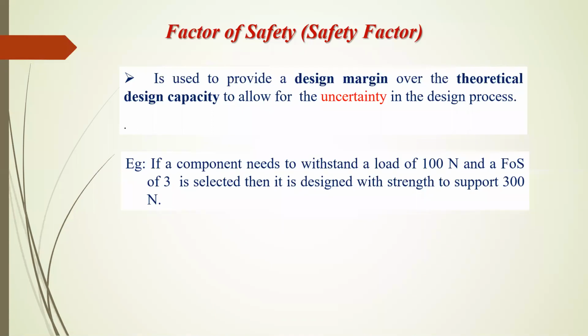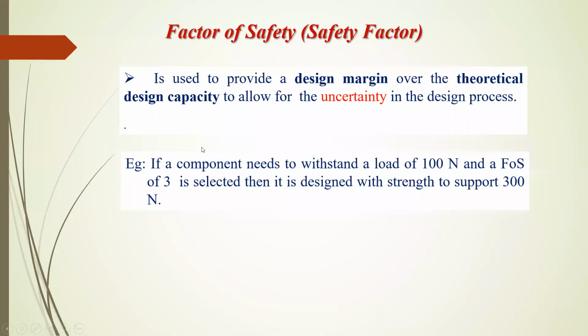Sometimes, according to the material, if the homogeneity of the material is not there, then we cannot predict the performance of that material. We cannot judge the accurate performance of that material. For that purpose we have to introduce the factor of safety. Again, the factor of safety is required for human safety. So for safety purposes, again we have to consider that margin, which is nothing but the factor of safety, because of uncertainty in the design processes.